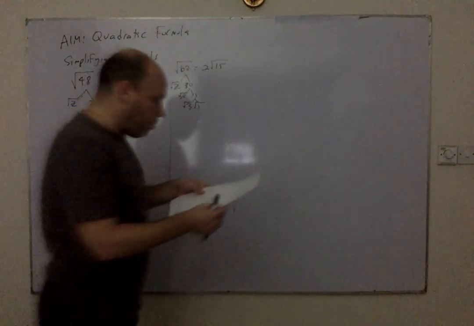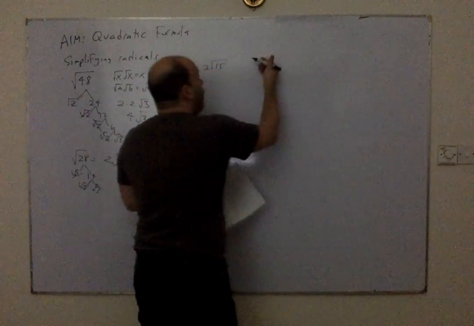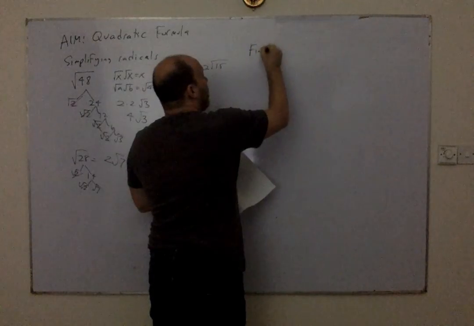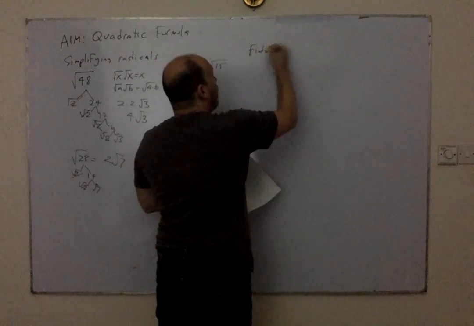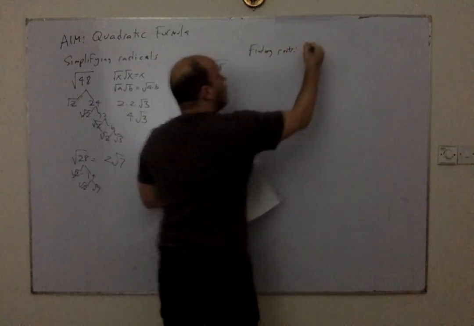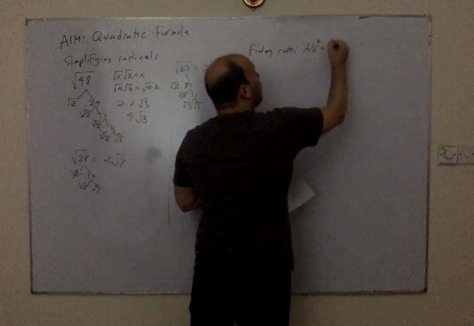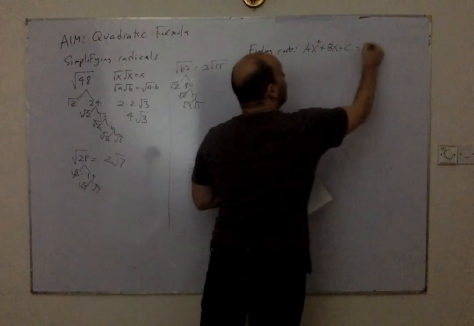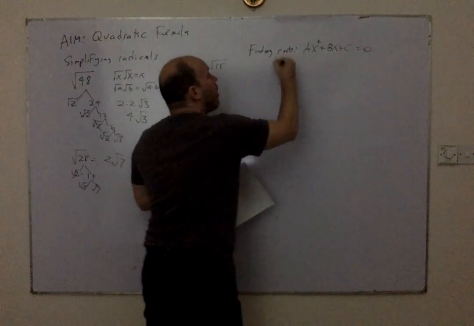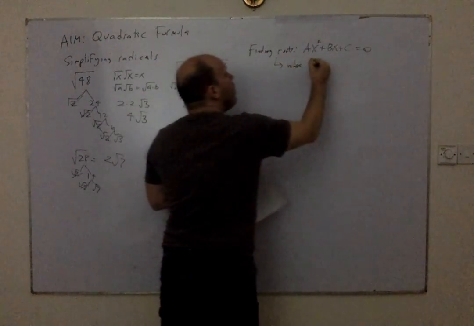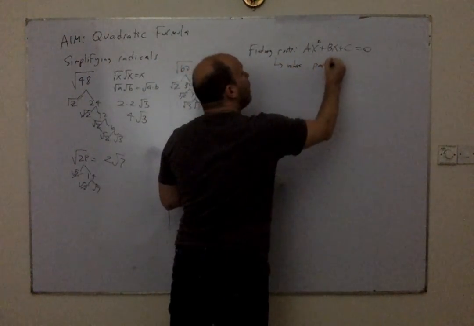So we're interested in finding the roots, and that's where ax squared plus bx plus c equals 0, where the parabola